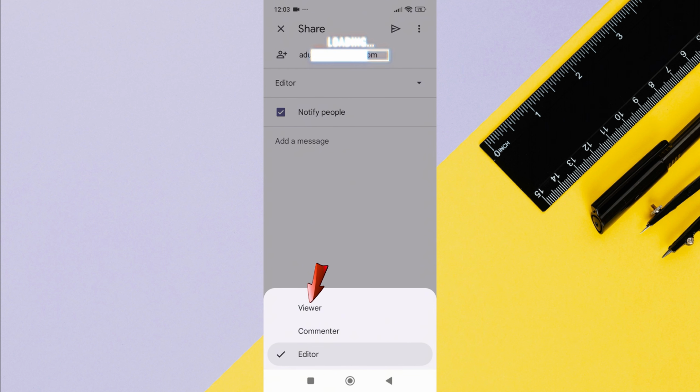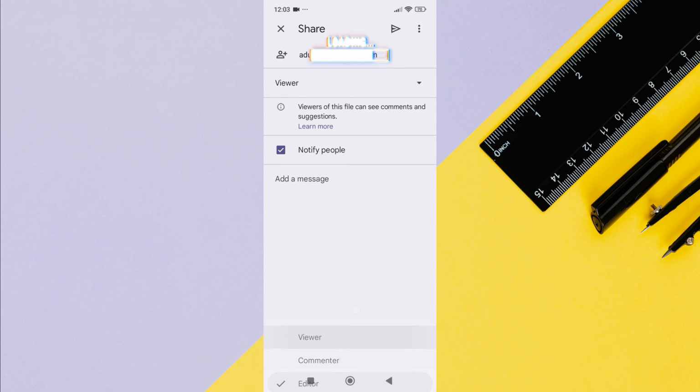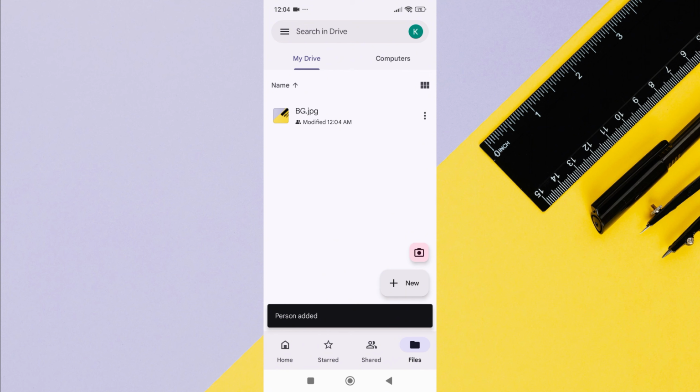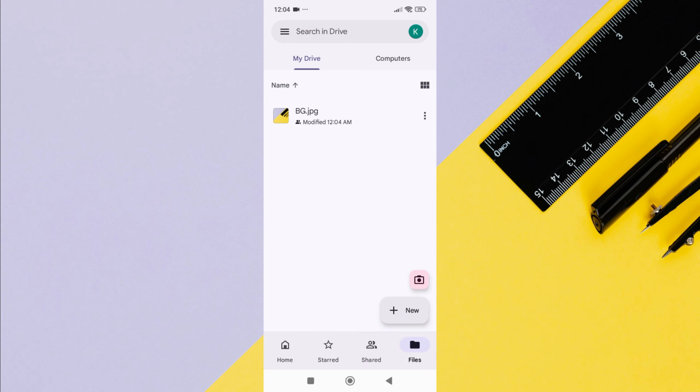Here you can select the viewer. Finally, click the Send button on the top right. Yeah, the file has been sent to the destination email and can be seen in the incoming message on the